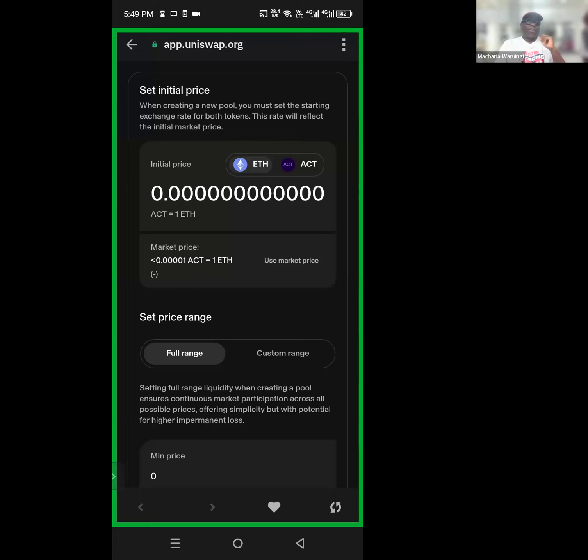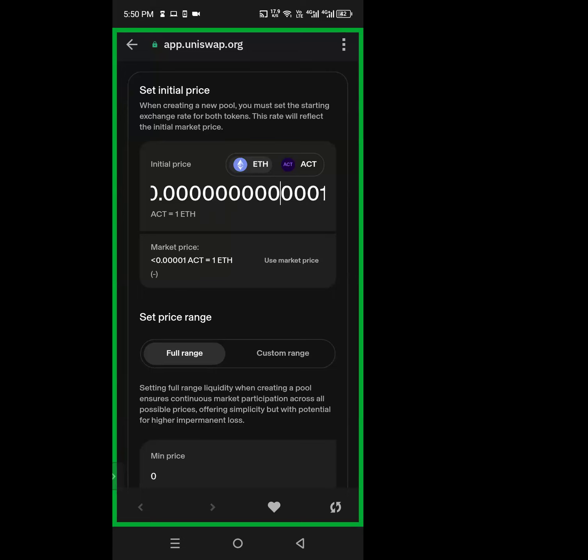Say, if one is $3,000, what is $1? $1 is 0.003. Yes, it will be 0.003.